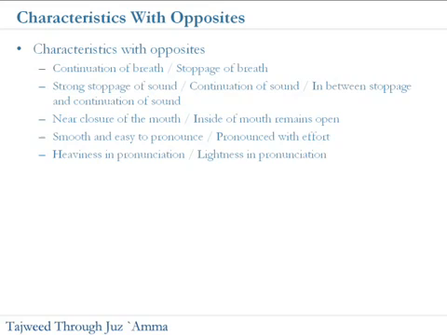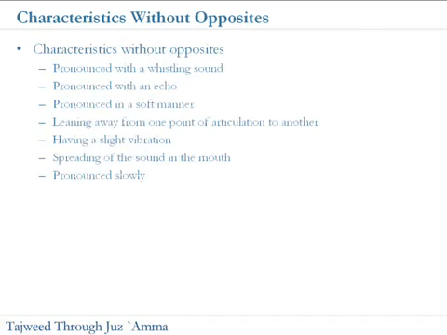Then we have the attribute of smooth and easy to pronounce, i.e. some letters are easy and very smooth to pronounce, other ones are produced with effort. We have heaviness in pronunciation, lightness in pronunciation. So most people know this as the light and heavy letters, which will have another lesson individually on that particular topic as well. Now, characteristics which don't have opposites are letters which are pronounced with a whistling sound,